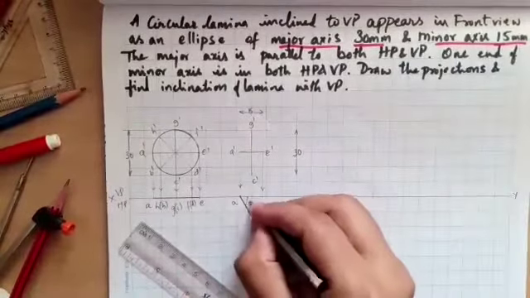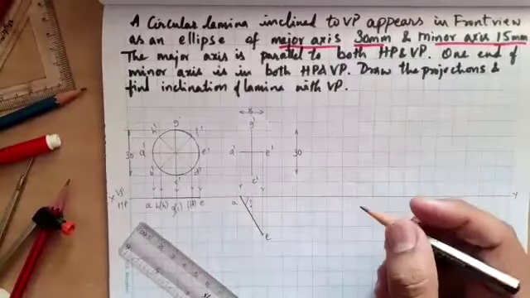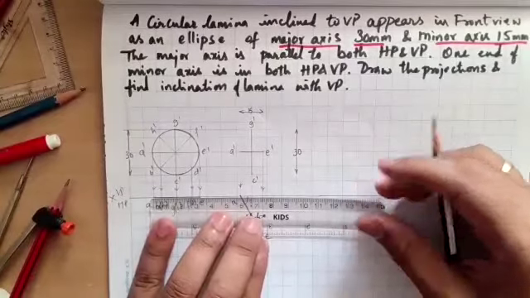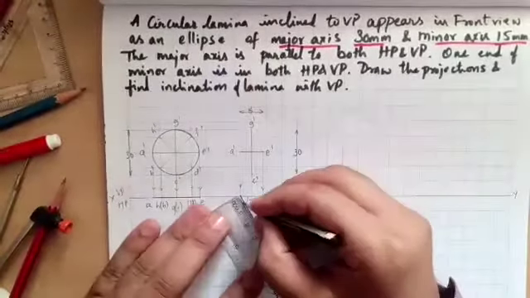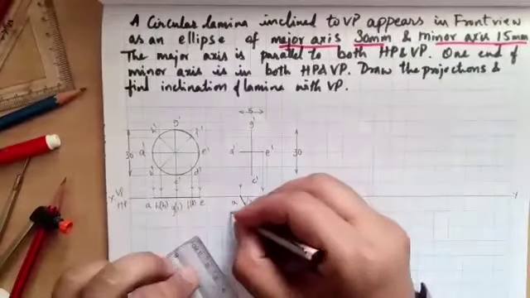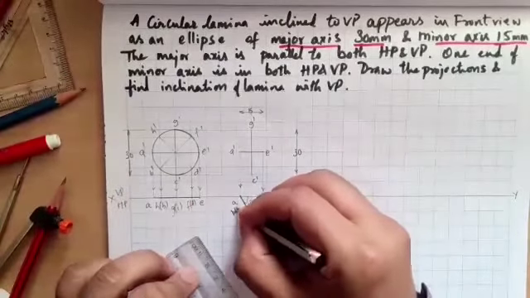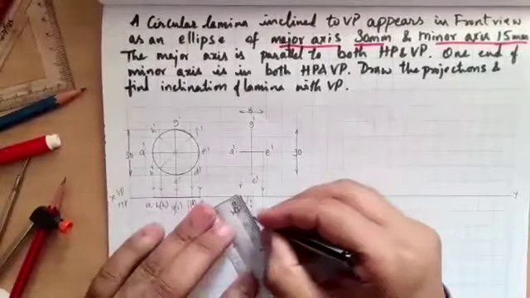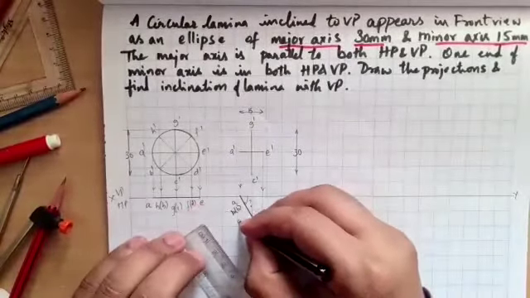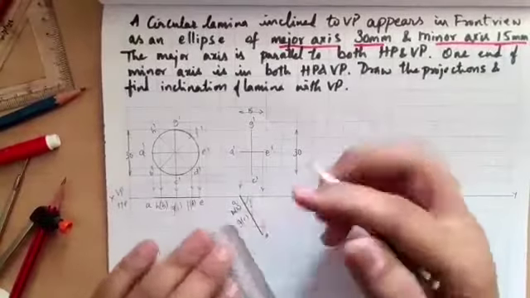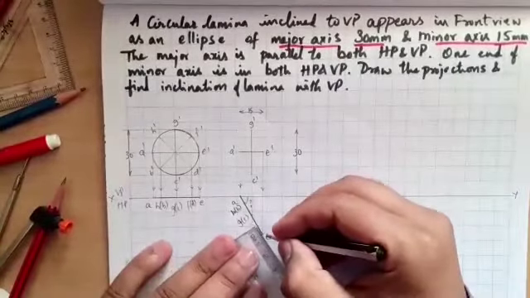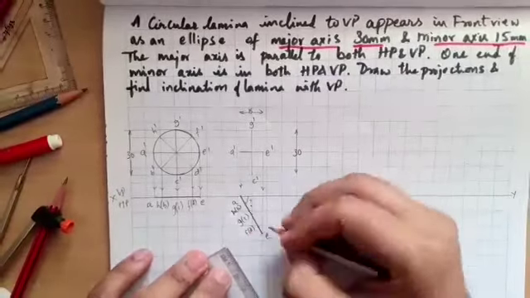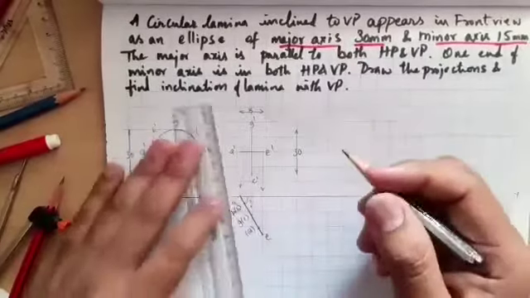And you need to find out how much this angle is. So A to B, how much is there? It is 5 mm, approximately 4 mm or 5 mm. So this is H of B. Next, H of C will be 15 mm. So this is 15 mm H of C. Next again 5 mm. You got H of D. You can do it with a compass, or if it is very small, you can represent it.